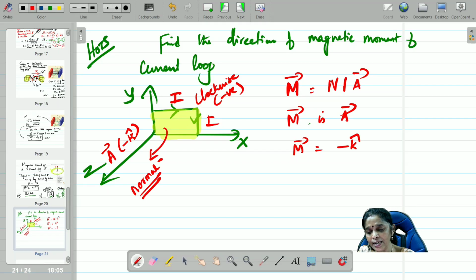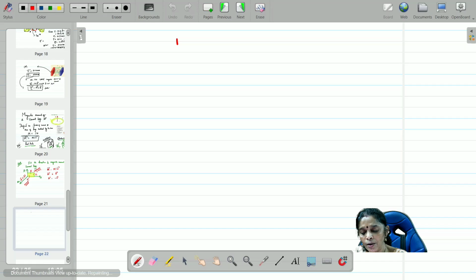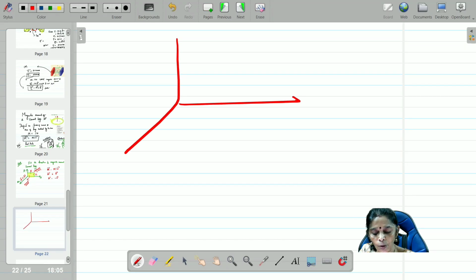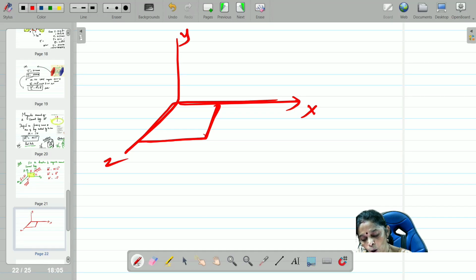That's all. Is it not easy? Yes, it is very easy. Now you check. Now find the direction of magnetic moment. Now you will be able to do it. Tell me very clearly. You understand, I guess. So you tell me what is the direction of the magnetic moment. This is the coil OABC. The current in this coil is in the anti-clockwise direction.